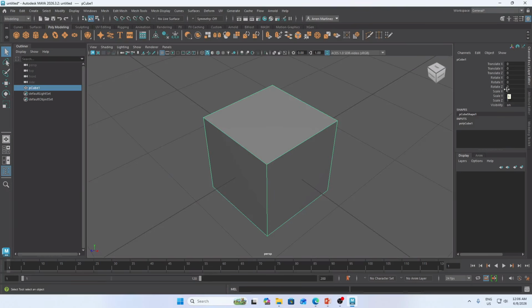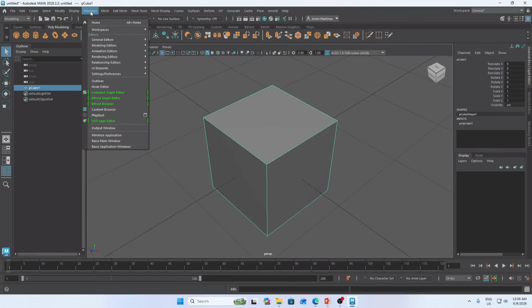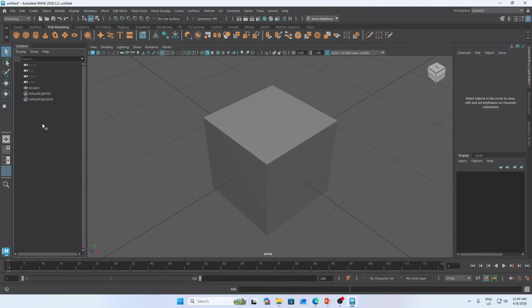And yeah, on the left panel, we have the outliner. If you are using image manipulation software, we can call this a layer, but in the terms of Autodesk Maya, it's called the outliner. If it's not open, just go to Windows and look for the outliner, and it will be visible. Think of the outliner as the table of contents or the layer list of your scene.